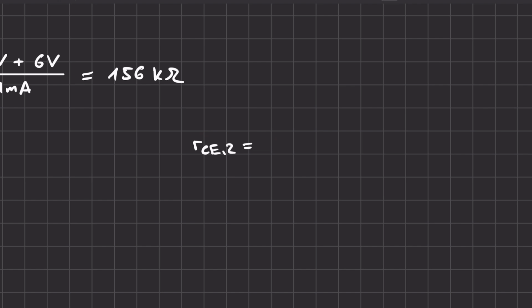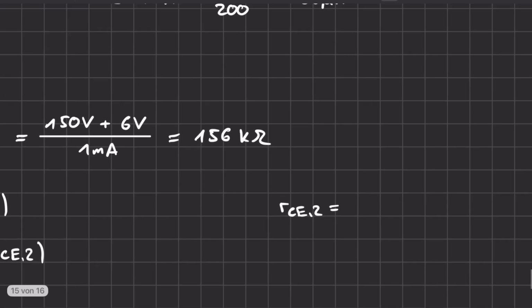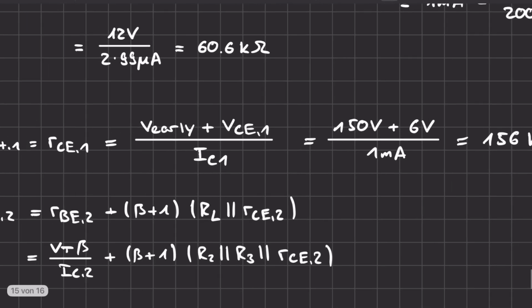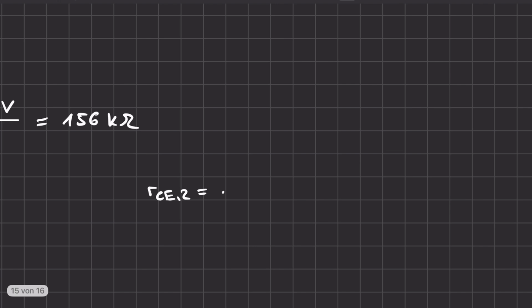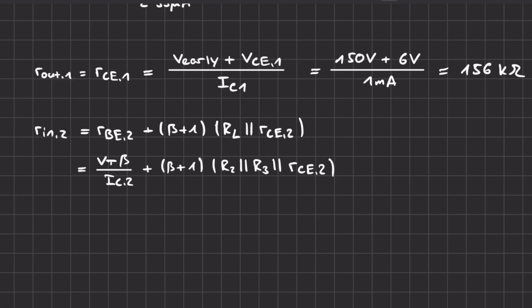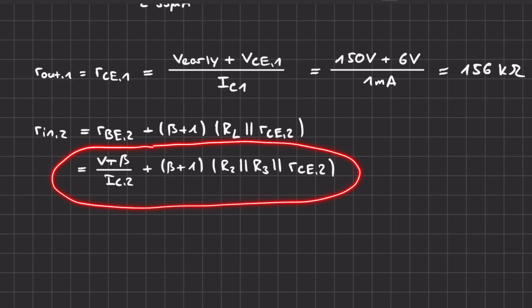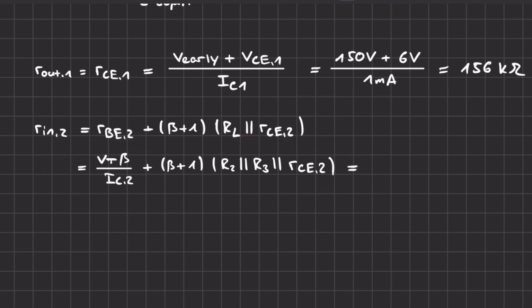To simplify this a little bit, we'll assume that the collector emitter resistance of the second transistor is the same as the collector emitter resistance of the first transistor, with 156 kilo ohms. And with that given, all of these components are given, and we can put it into the calculator. And we'll get an input resistance of around